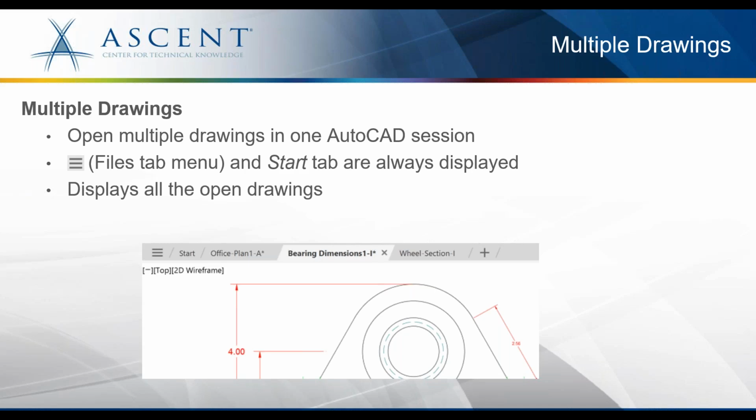In AutoCAD, you can open multiple drawings in the same session of the AutoCAD software. And this makes it easier to copy information across drawings. The File tabs along the top of the drawing window display the names of all the open drawings. The currently active drawing tab displays with a white background. And as you can see in the image on the screen, the bearing dimensions drawing is currently active